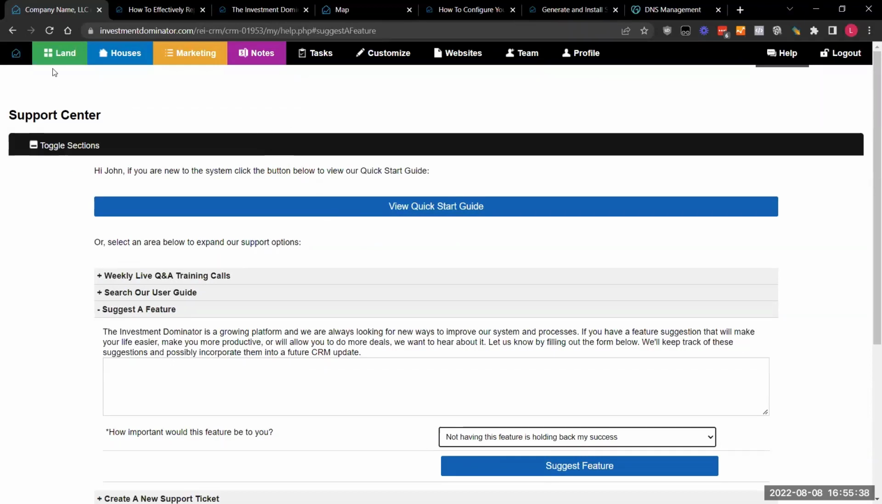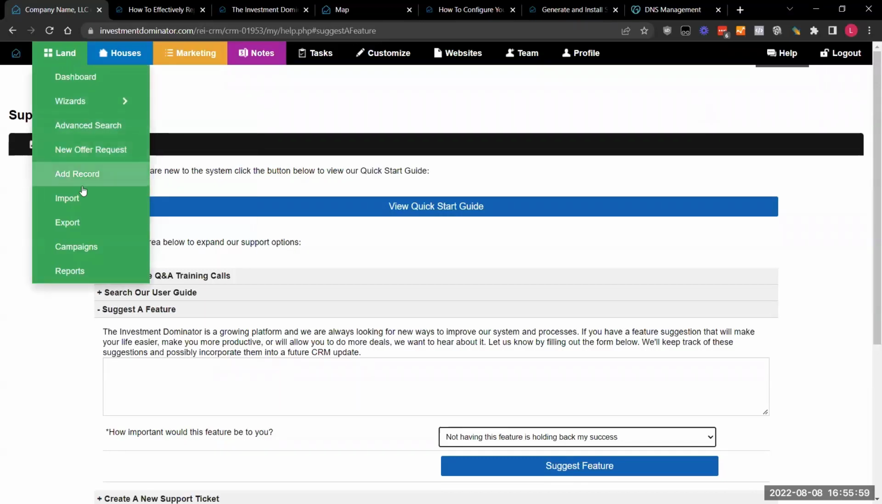All right, so I think we have actually finished what we wanted. Let me see. I see one question here at the end: how do you check if your list is loaded in Investment Dominator? That's a good question. You can actually go into land import,